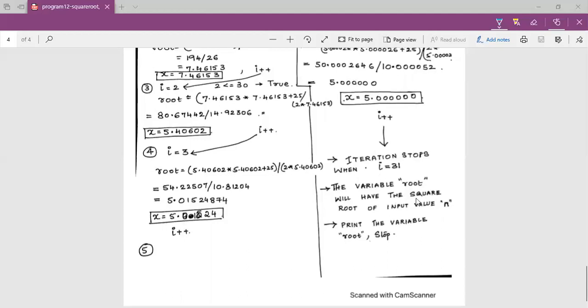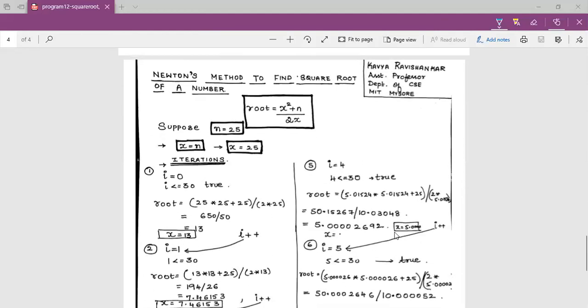The variable root will have the square root of the input value, which is n. Print the variable root and stop. So this is the calculation that we're doing.